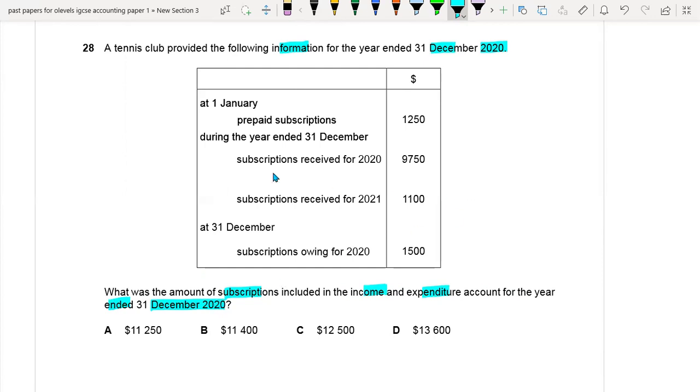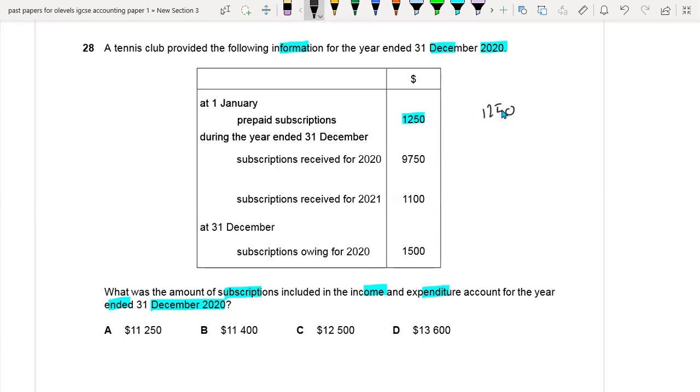Okay. So as we can see, at 1st January, prepaid subscription was 1250. So this was the prepaid subscriptions. It means that we had received the subscription income at the end of the year 2019, and that was the prepaid subscriptions. But now it's been 1 year, so of course we have used this 1250. It means that we have given the services to our customer for this 1250. So that's why this 1250 would be part of 2020 income. So that's why we have to add it,